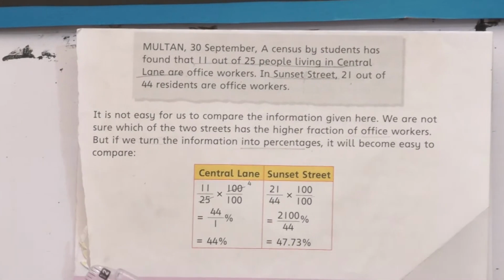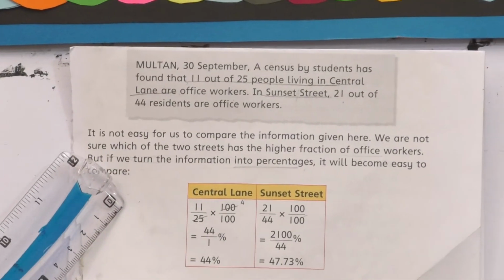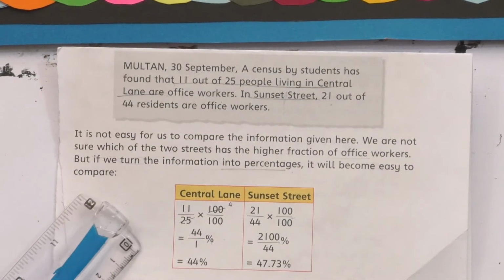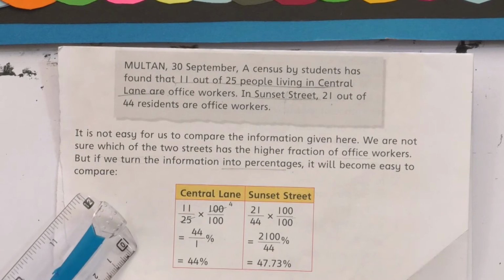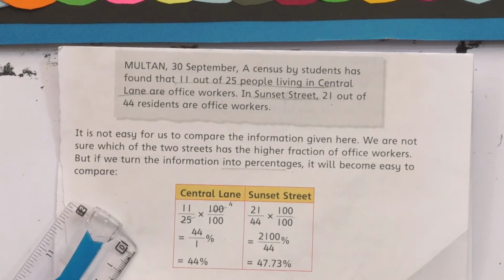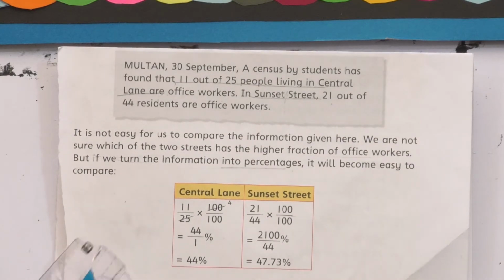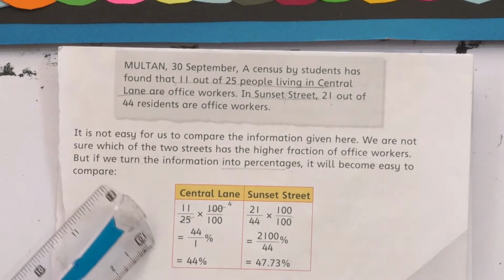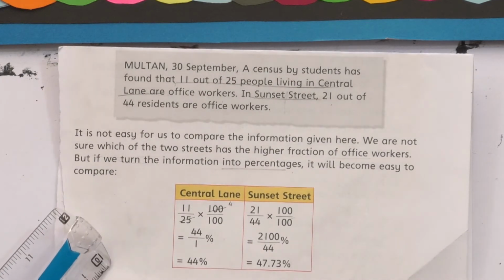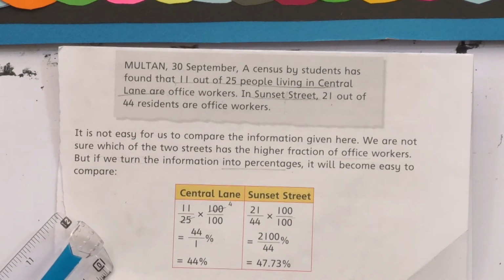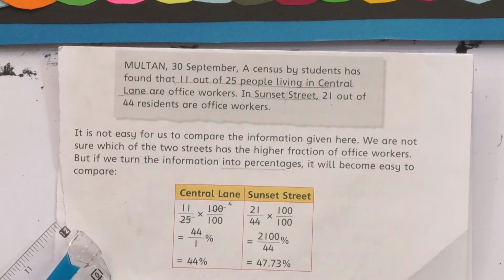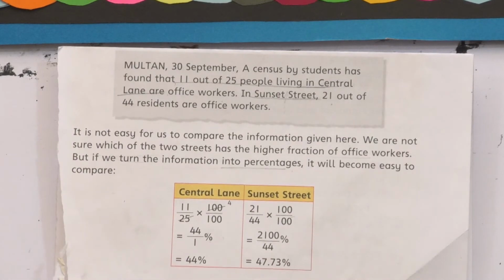Okay students, here we have exercise 4C, percentage. But before starting percentage, let me first explain what percentage is. Earlier we have learned about fractions. Fractions are those values which have a numerator and denominator part. And those fractions which always have 100 as a denominator are called percentages. So we use the percentage symbol like this sign.